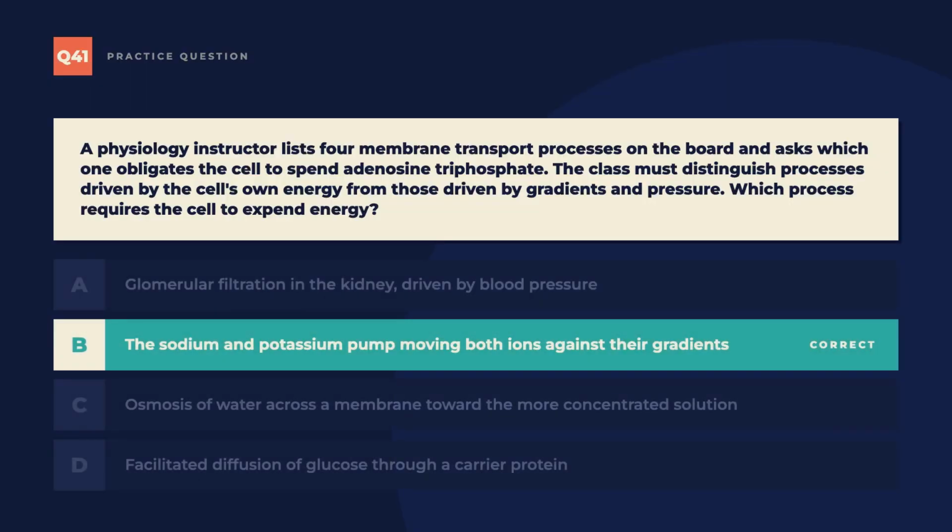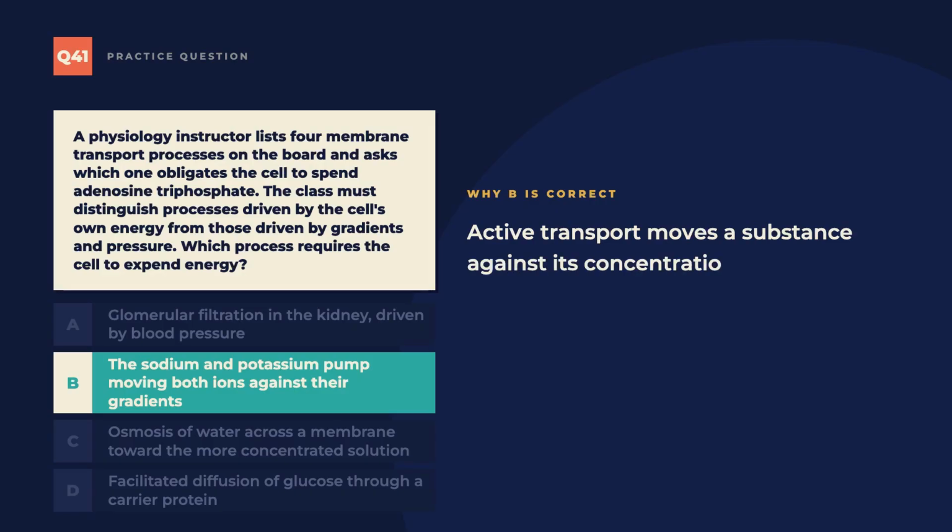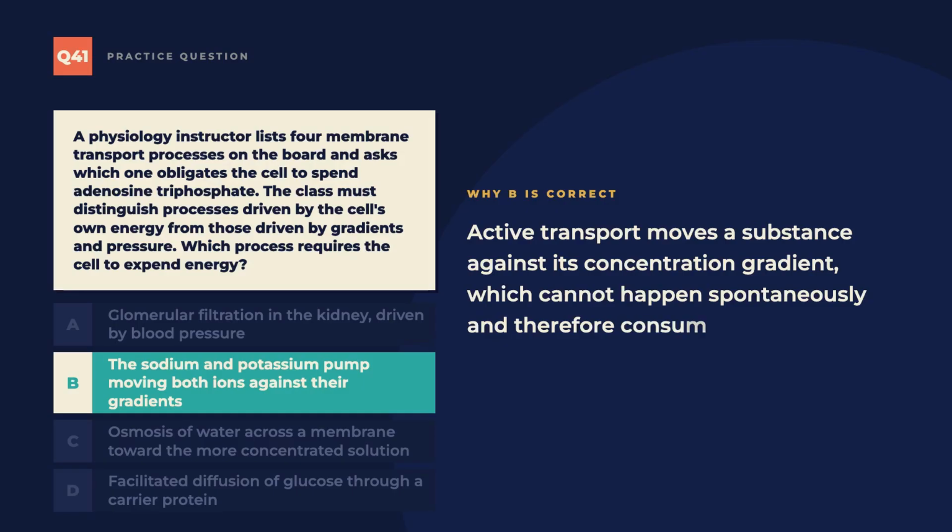The correct answer is B. The sodium and potassium pump moving both ions against their gradients. B is correct because active transport moves a substance against its concentration gradient, which cannot happen spontaneously and therefore consumes energy. The sodium and potassium pump uses one molecule of adenosine triphosphate to drive 3 sodium ions out and 2